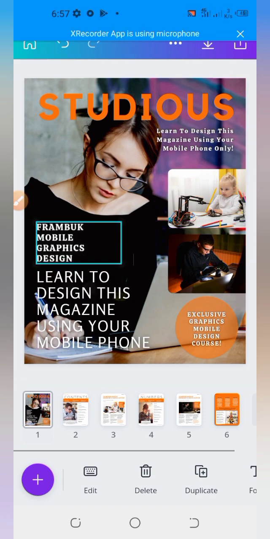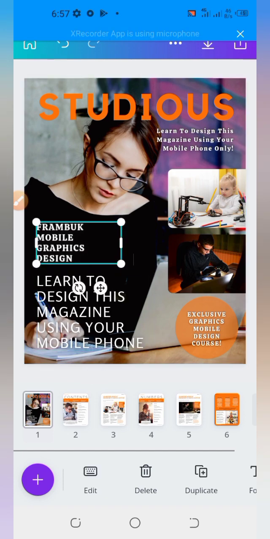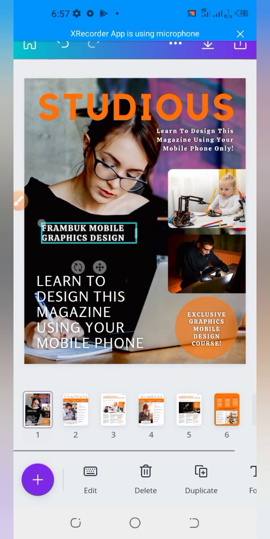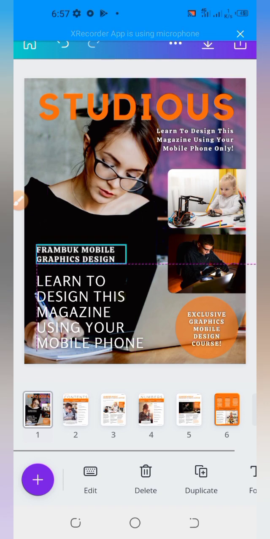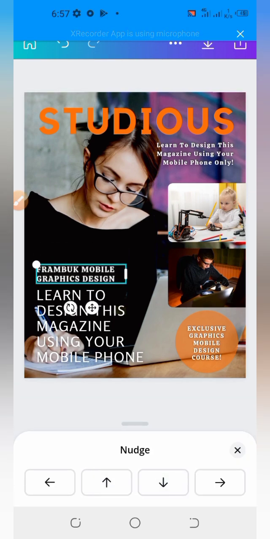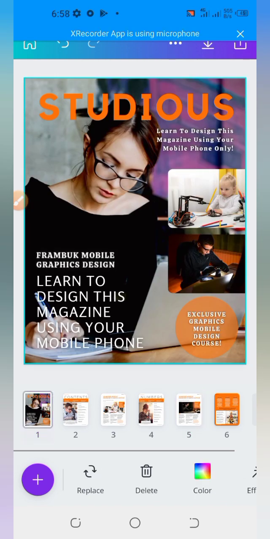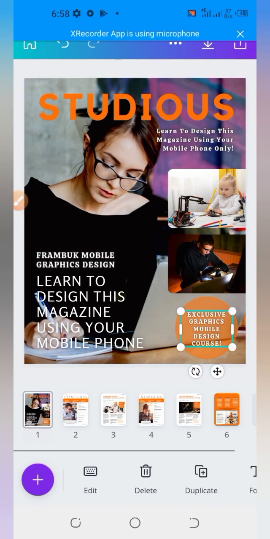So let's go up a little. We can notch this down. We can stretch this so that it comes in two lines. Then let's go over to nudge and make sure it's well nudged. You can change up the background, change up anything you want to change up in Canva. So let's go to this and stretch it a little bit, make it 4 lines, align it properly,